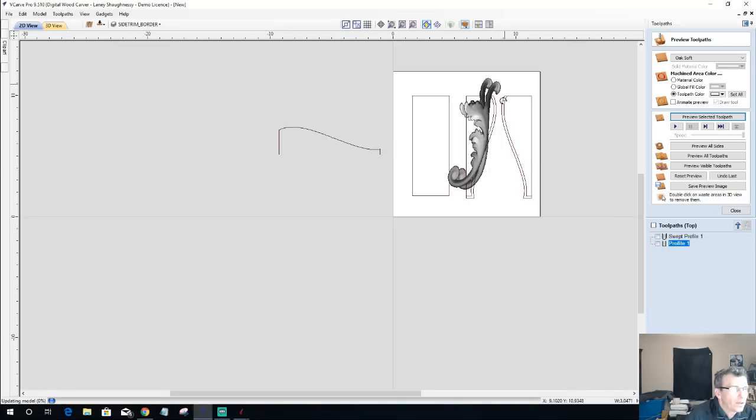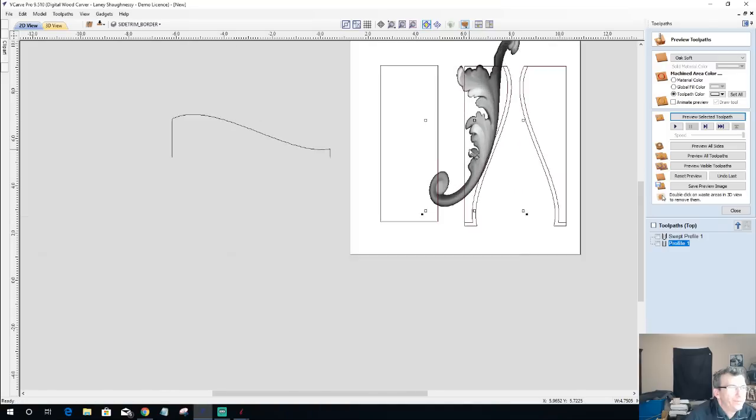Just kind of organizing this model. We don't have the same models in VCarve Pro as we do in Aspire. You know, Aspire comes with 1,500 different 3D models. VCarve Pro comes with 475, so we're bound to have some differences, but we'll make do with what we've got. All right, with that,